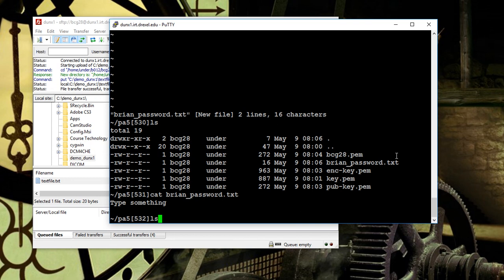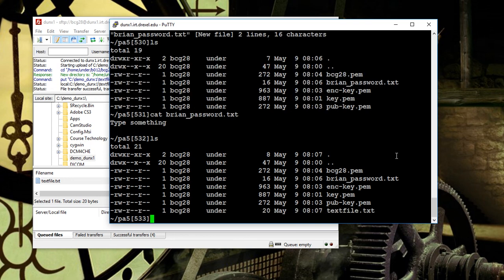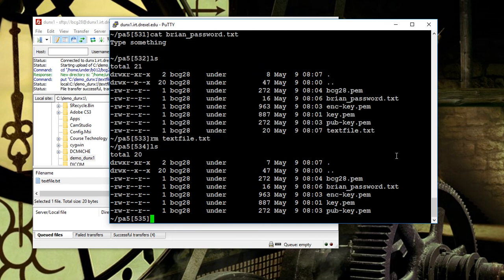And now if I run the ls command, you can see that file, textfile.txt. It's there. If you want to delete it, you just type rm to delete and then the name of the file and it'll be gone. So now the file has been deleted. Then one other way you can work with files, there is a